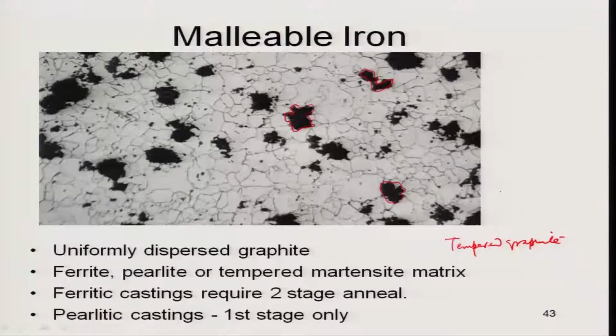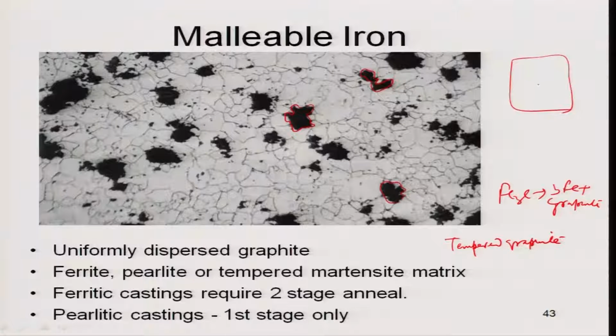The transformation of the cementite will happen. Cementite will transform to Fe plus graphite. The graphite will nucleate, and the graphite will grow. As I told you, graphite growth requires more carbon, so it will absorb carbon from the nearby matrix. So, if I nucleate this graphite from the cementite, as it grows, it will take carbon from the nearby region, the solid state, and become bigger. Once it becomes bigger, the nearby regions will be depleted of carbon, and if this is happening uniformly, all the nodules become big and the whole region becomes depleted of carbon,